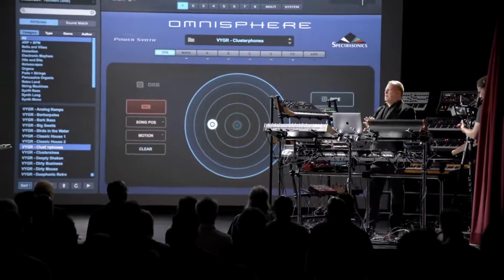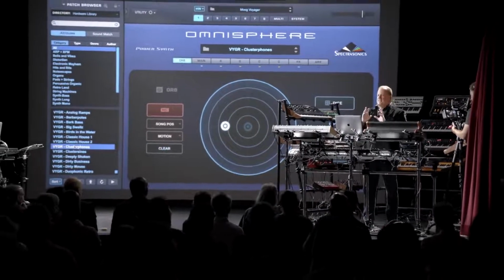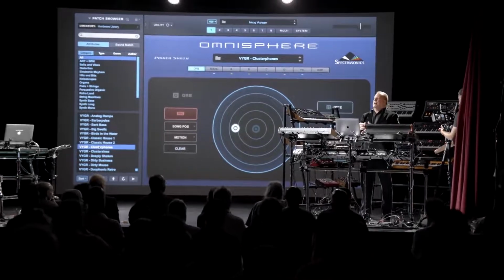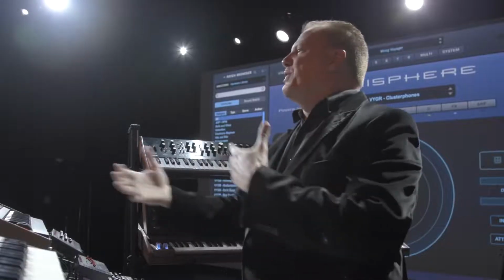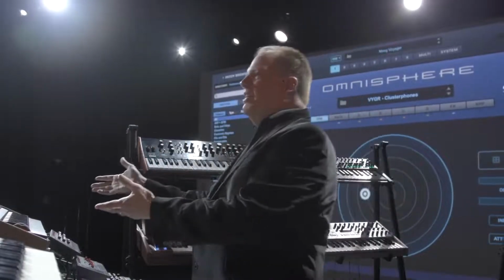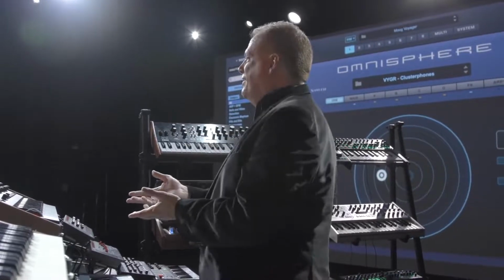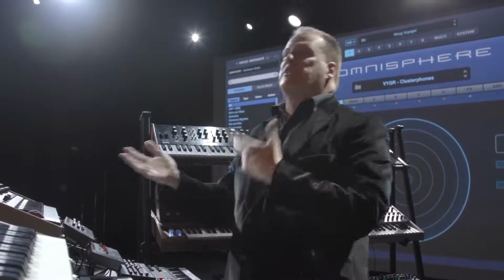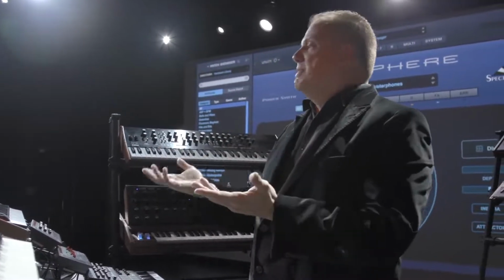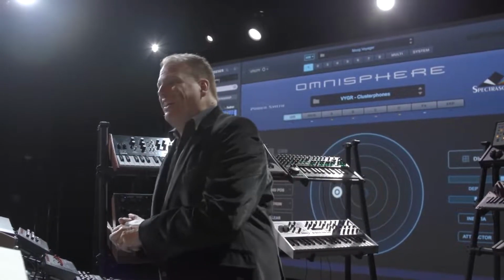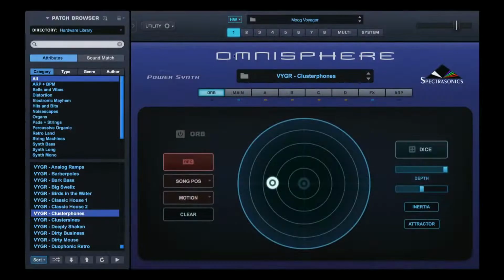The problem is not so much that there's not more power in Omnisphere, but how do you access it? How do you interact with it? And it gives you a good idea of how powerful Omnisphere actually is, because all the functions on all these synths all work. So that means Omnisphere can do all of these things. It's just missing the physical interface to do it. So let's move over to the